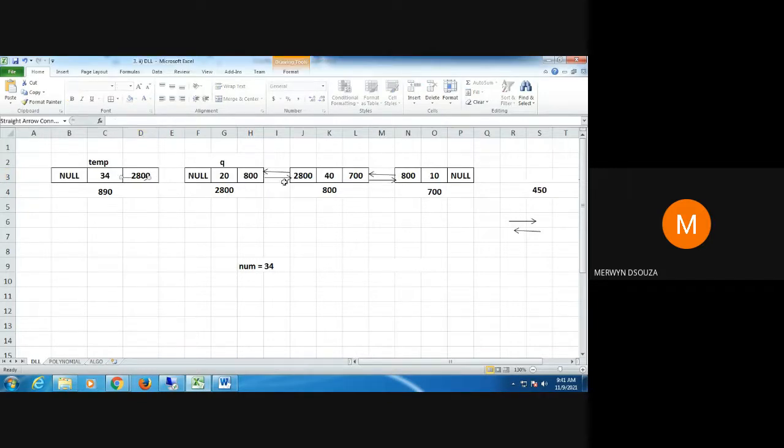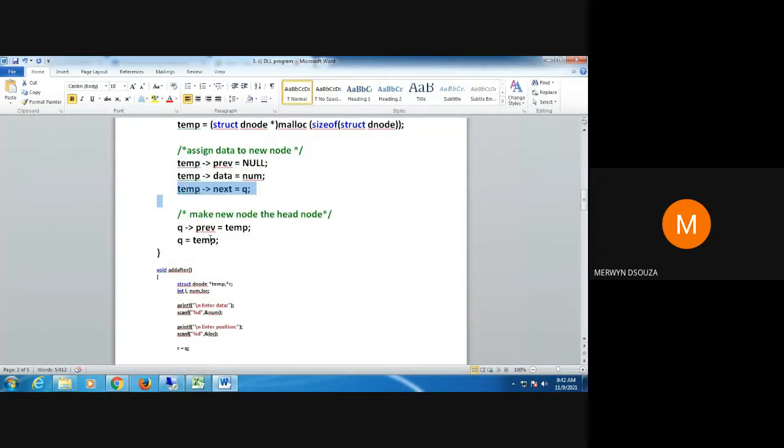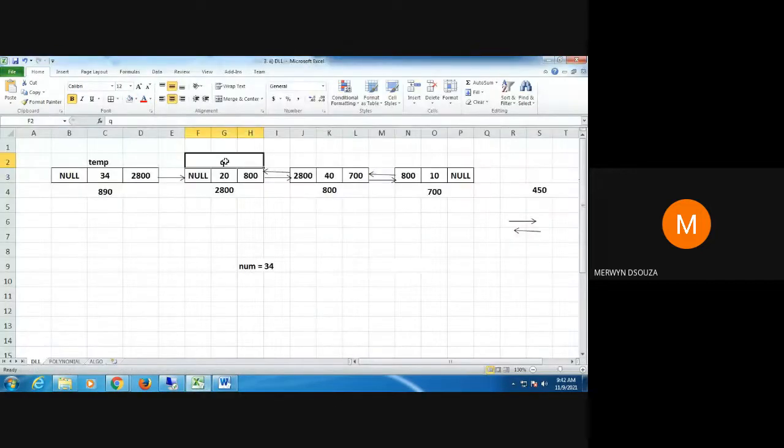This is the pointer that forms the link from the new first node to the previous first node. Now I want to link back from here. I should get here 890, pointing to the previous node. So how to do that? I say Q arrow previous equal to temp. Q arrow previous means here, and temp means the value is 890. So I get here 890.